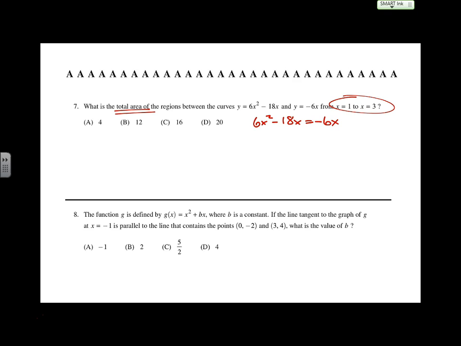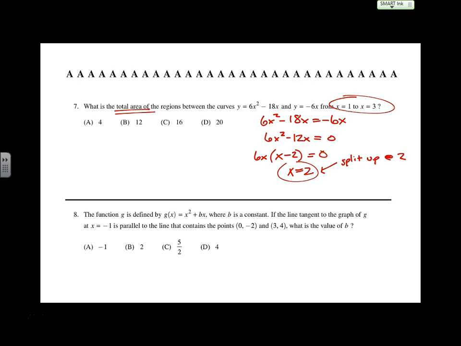So I'm gonna go ahead and solve for intersections. Let's see, add the 6x, I get 6x squared minus 12x equals 0. Uh-oh. You would have missed this if you didn't realize you needed to split the integral up at 2. There's a hidden intersection in between 1 and 3, at 2. And so in solving this problem we need to do the integral from 1 to 2